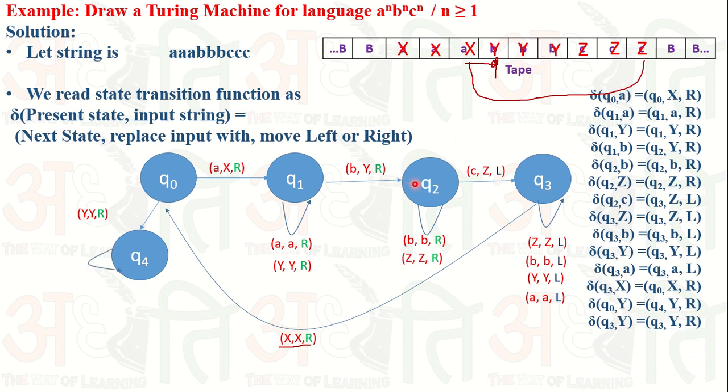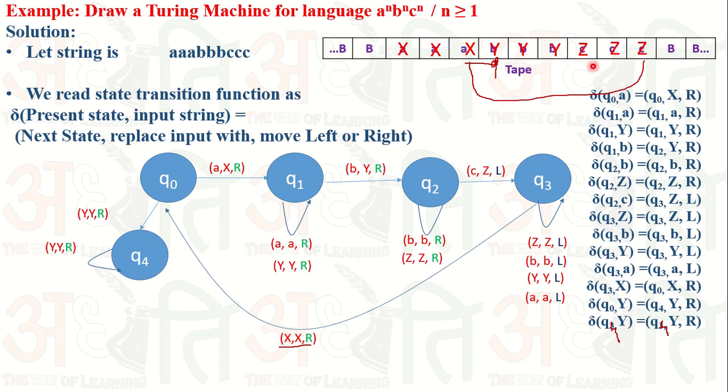Again there is a y, we simply skip y. So at the state q naught, it is a q4, okay, sorry for that, it is a q4, not a q3, it is a q4. I try not to make any mistake, but sometimes it happens, sorry. So at state q4, if there is a y, then we simply replace y with a y and move right. So we have to skip all those y's and all those z's until we find the blank.